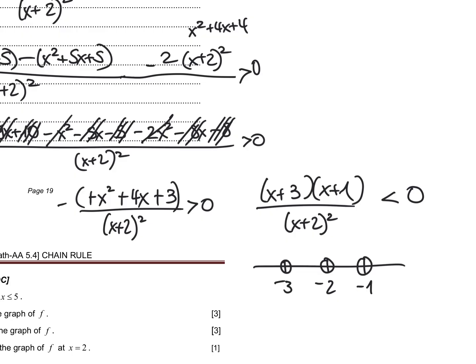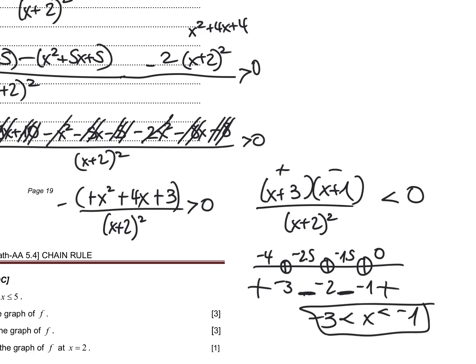So now we have to test points and see when it's less than 0. So negative 4, well, the bottom's always positive, so we just care about the top. That's going to be a negative times a negative, so this is positive. Negative 2.5, it's going to be a positive here and a negative here. So this is negative. Negative 1.5 is going to be a negative and positive again, so that's a negative, and 0 is going to be a positive. So we want in between negative 3 and negative 1 to be our answer. Okay,